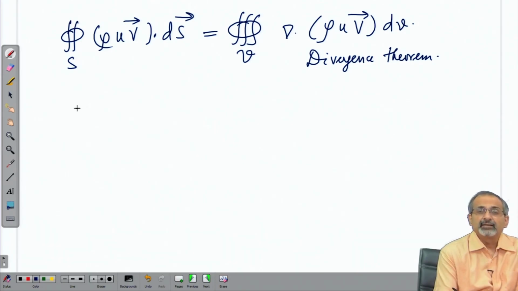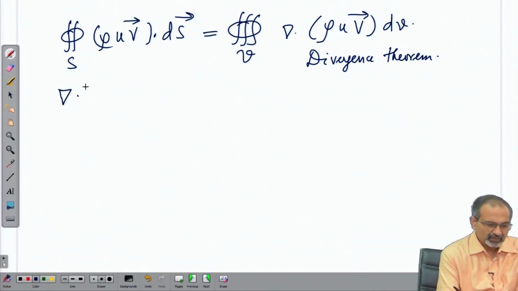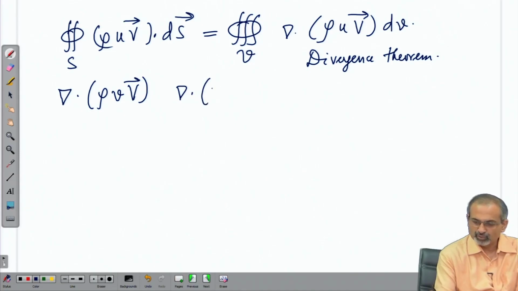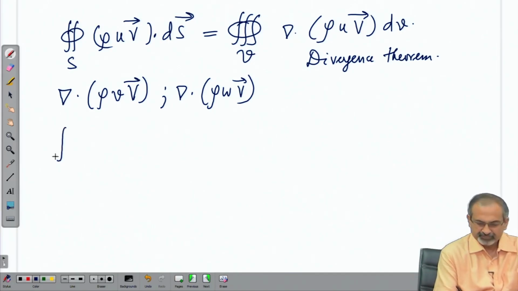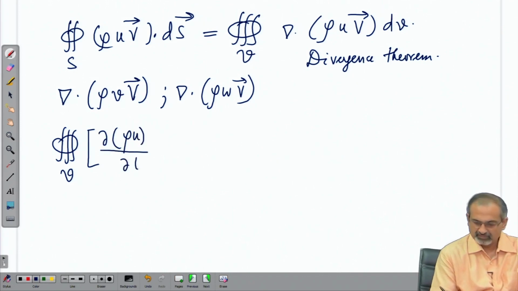Similarly, as you can understand, in the y and z components, you will be working out the divergence of, let us say, rho v capital V, or the divergence of rho w capital V, and so on. So, finally, if you collect all the terms, what do you have? You have